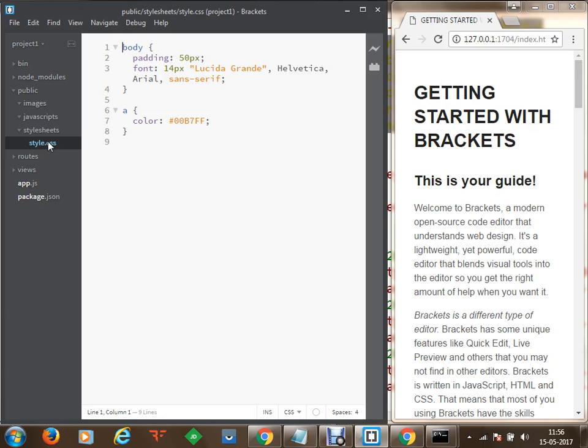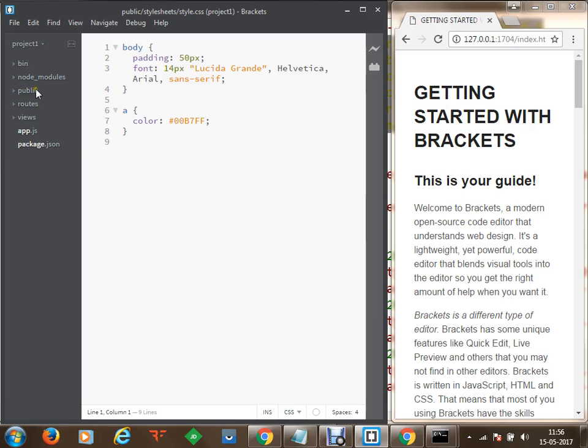So as soon as my public directory is accessed by my Node server, this default index file will be displayed. So if a user browses to my IP address on port number 3000, he will get access to the index file from this public directory. So let's get started and see how we can do that.